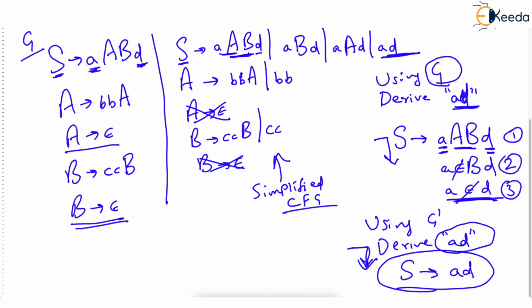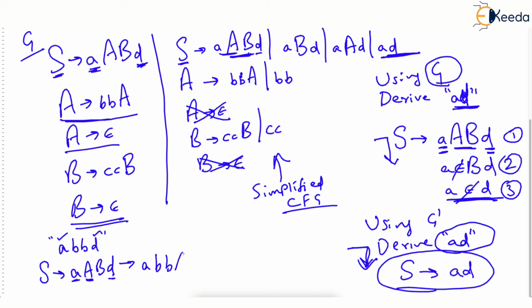You can take any such string. Let's take an example. What other string can it derive? This original grammar can derive ABBD. Just check. How come? In the first step, S derives ABD, correct? Then we already got A and D, the first and the last letter. Now we want two B's. Now this A over here, due to this production, can give us BBA. Note I have replaced this capital A with BBA. And then capital B remains and then D remains.